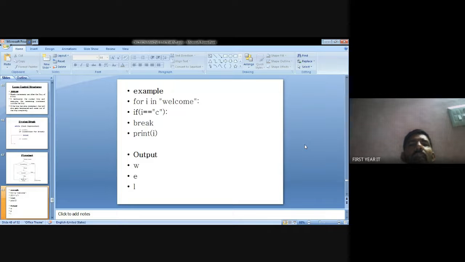For example, for i in welcome, check the condition, if i equal to c.